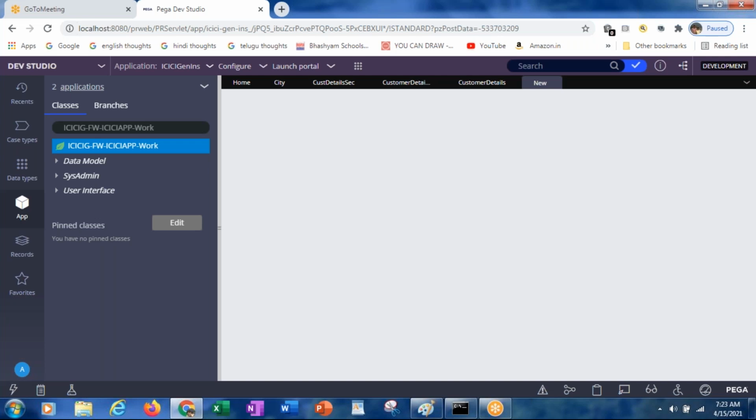The user interface section which we created will be displayed here, along with the flow action, the section, and the layout which you placed. So you can see here.